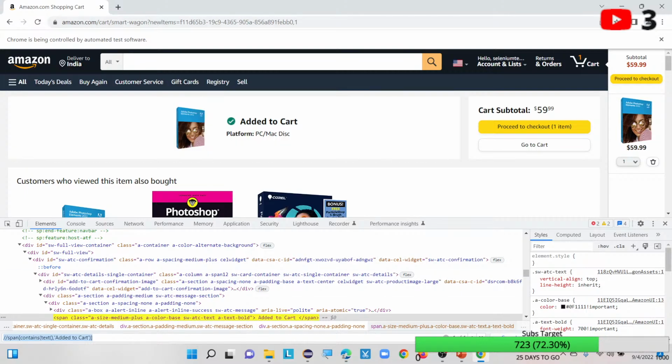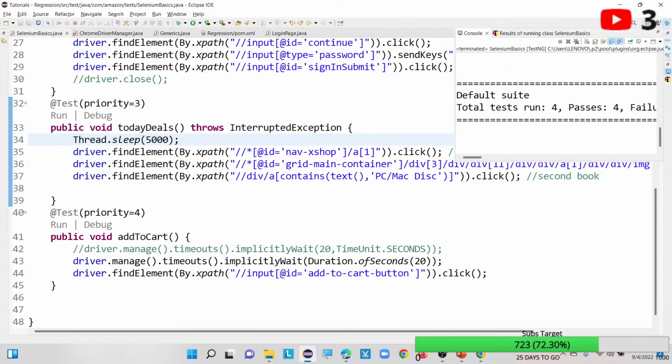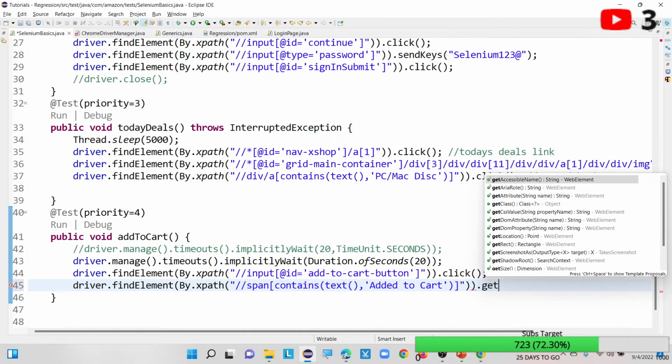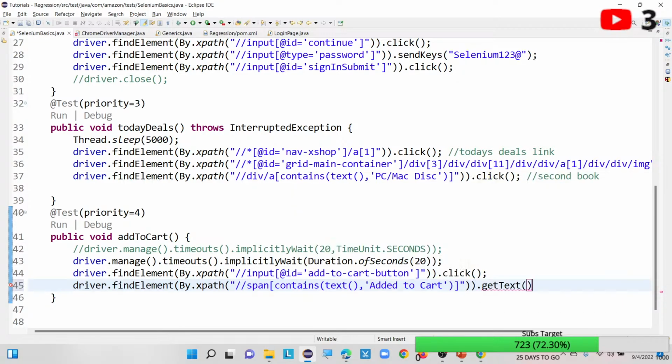Now what I want to do is, once I add any product, I get a message here, added to cart, and this message I want to get. So for that, how will we do it? First, driver dot find element by dot XPath of. Then I will get the text. If that product got successfully added, we are getting some text, right? Driver dot find element by dot get text. Then string